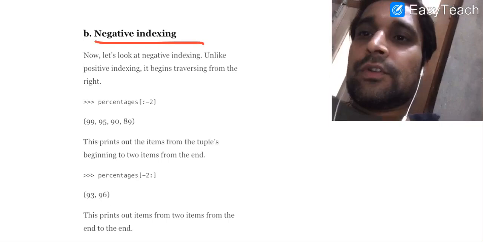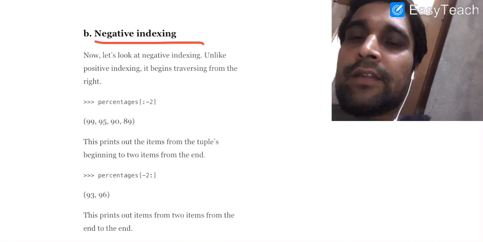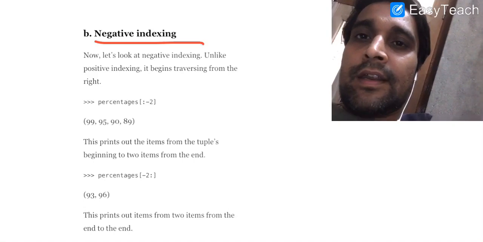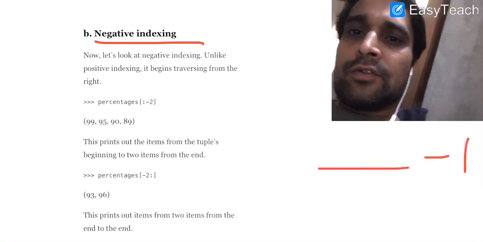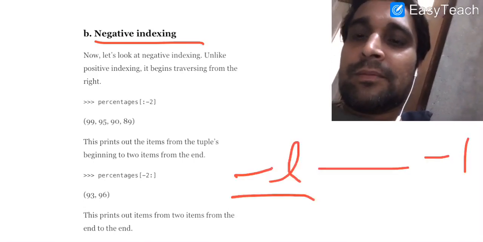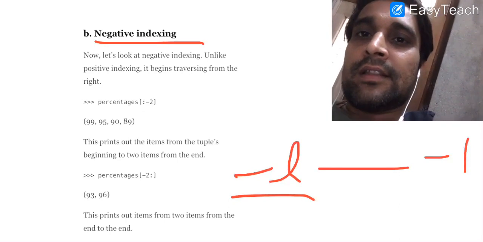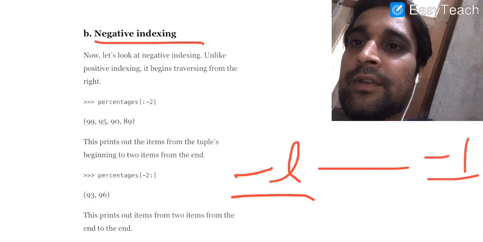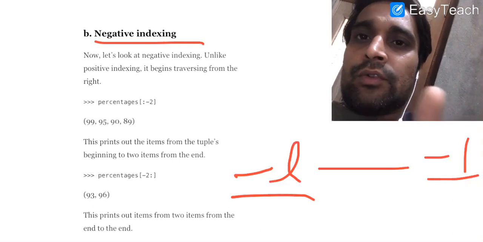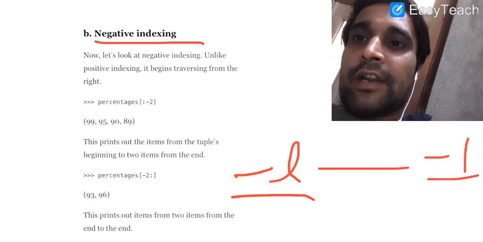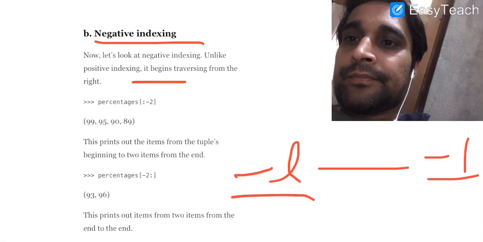Next I want to discuss with you negative indexing. You know that in the backward direction indexing begins from -1 to minus length. It means the first element will be stored at index minus length and the last element at index -1. It means now your tuple will be traversed from right to left.